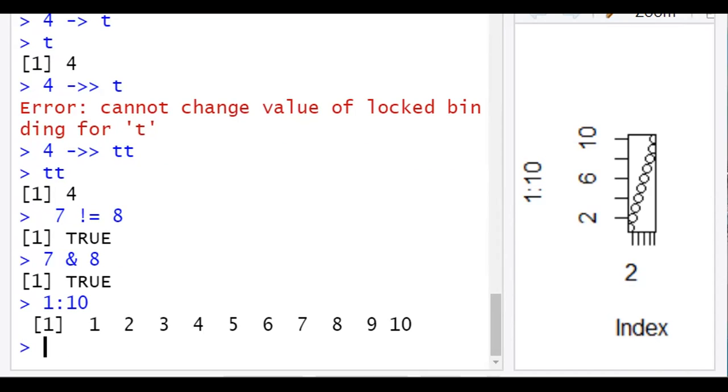So if you want to find whether an element is present in the vector or not, we can use the percentage in percentage operator. Okay, then we have percentage star percentage for matrix multiplication. So on one side we'll put one matrix, on the other side another matrix, so it will print the matrix multiplication. So finding an element in a vector, percentage in percentage. So this is the operator. So these three are the miscellaneous operators. So they don't belong to any category as such.